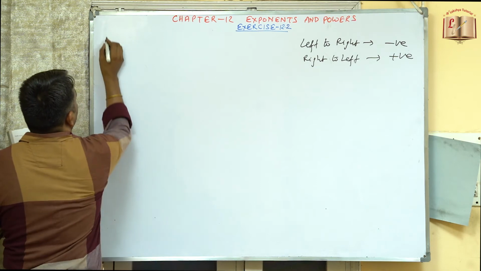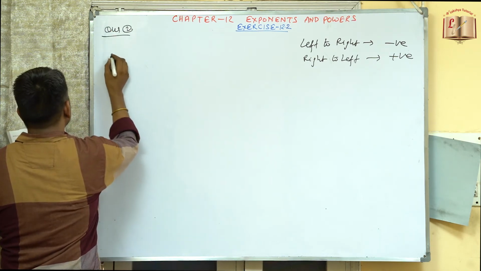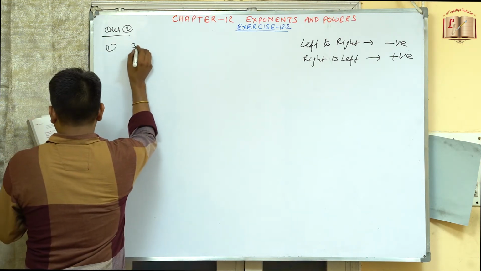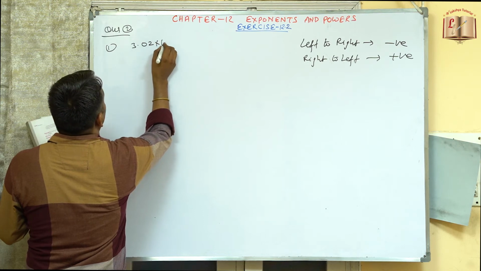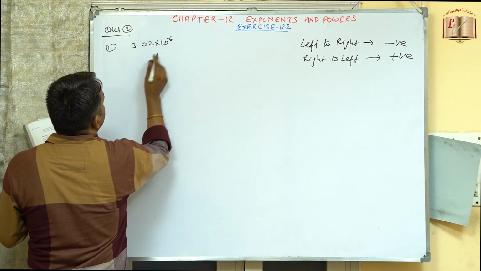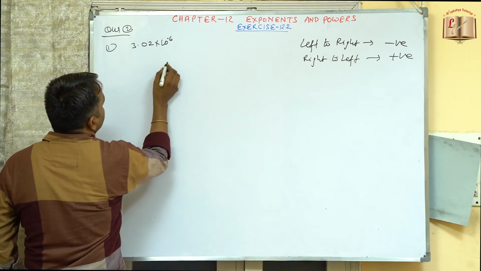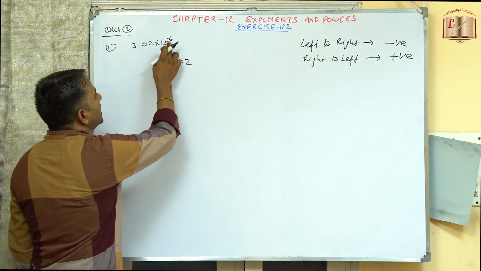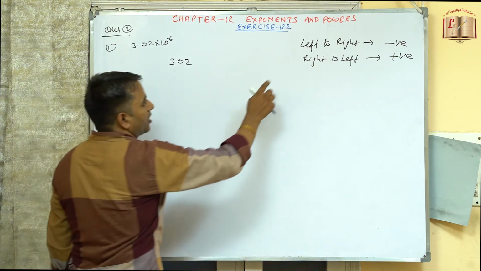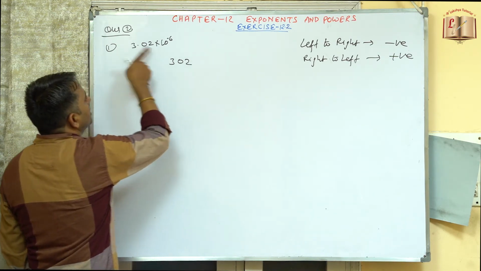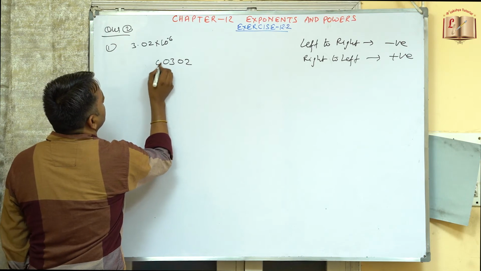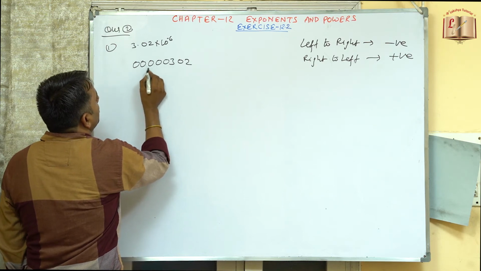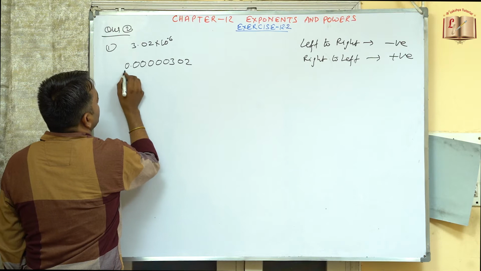So now coming to question number 2, first part, express the following numbers in the usual form. So this is now 3.02 into 10 to power minus 6. So here the decimal will go 6 places. So this is 302 now. So decimal is now at one place. So minus means decimal will shift from left to the right, so it will go to the negative end. So this will be 0 0 0 0 0, means 6 places from here. So 1, 2, 3, 4, 5 and 6. So this will be the standard form of this.